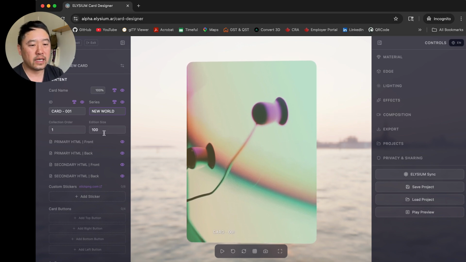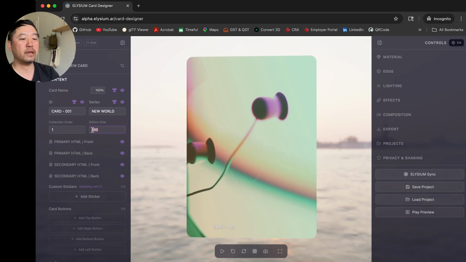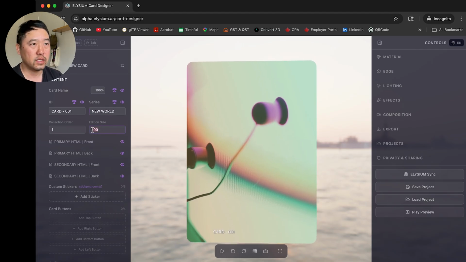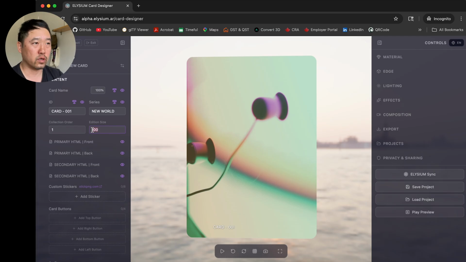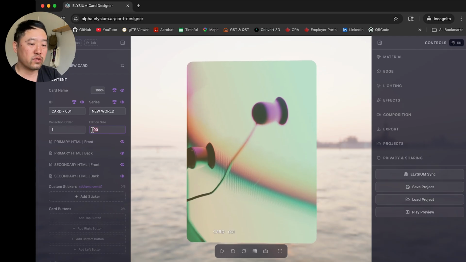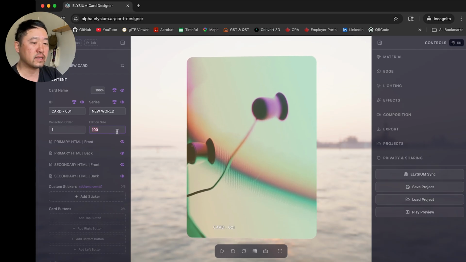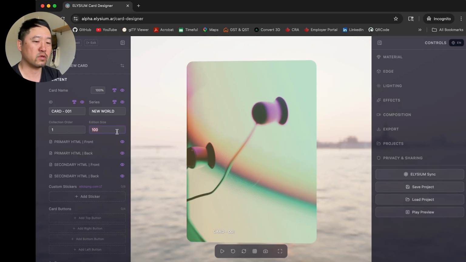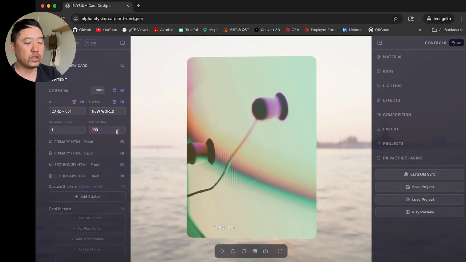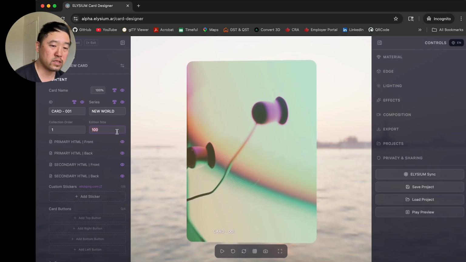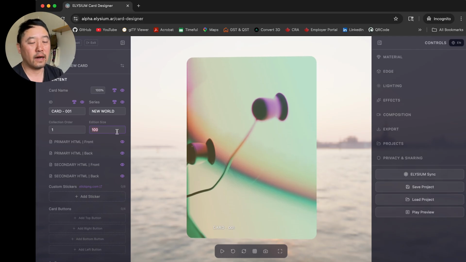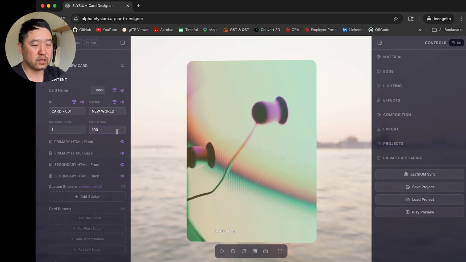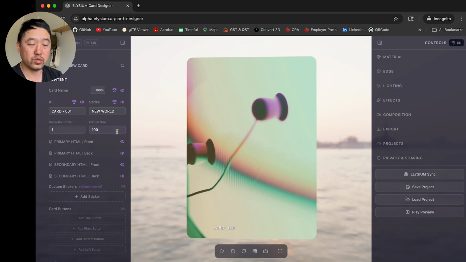And then the edition size means how many sets of these cards are available in your account. These things are a little bit more advanced and really apply to the way that we'll be using the cards in our gamification. But for you, it won't be something that you'll be really using at this point.